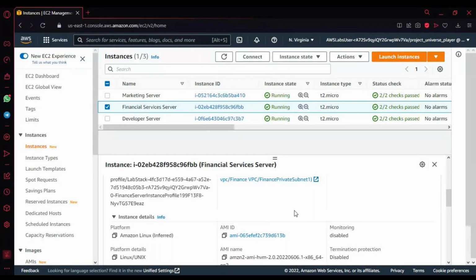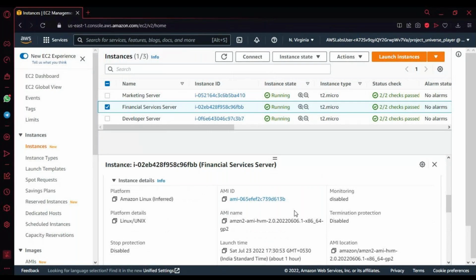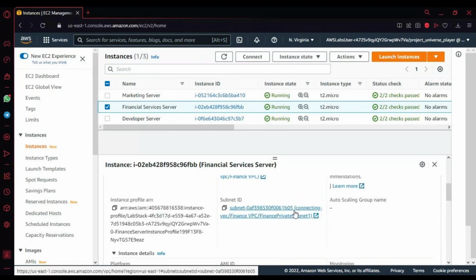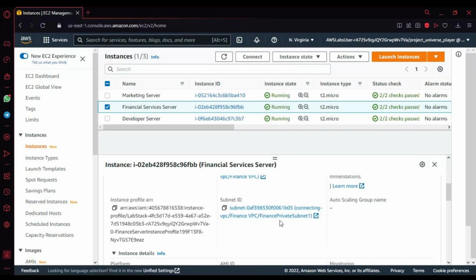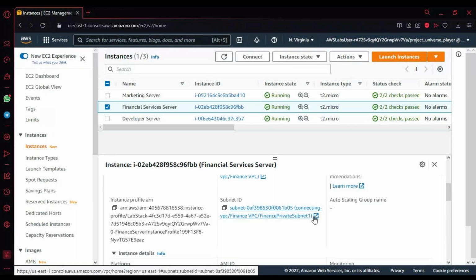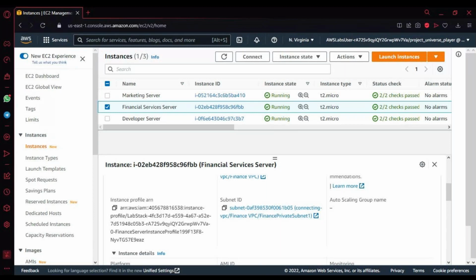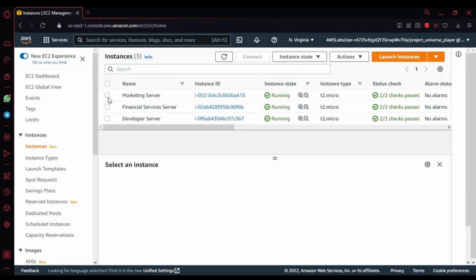So we will also review that subnet ID, this one. So it is also our private subnet ID. I have named it as a private subnet. And we also go to the marketing server,